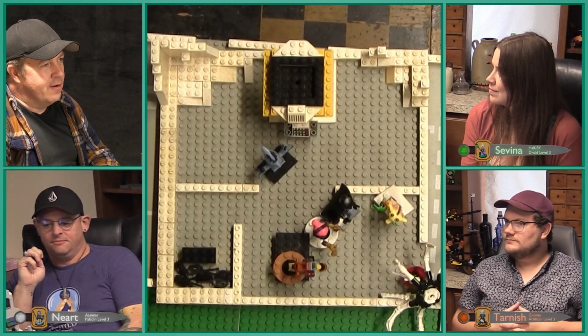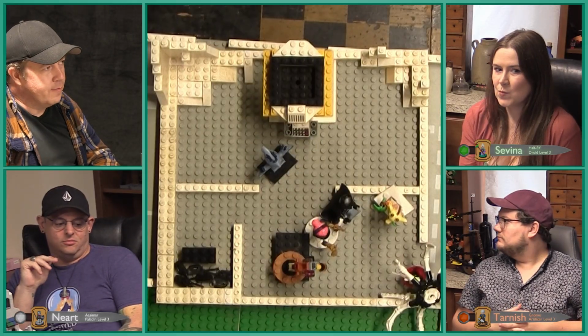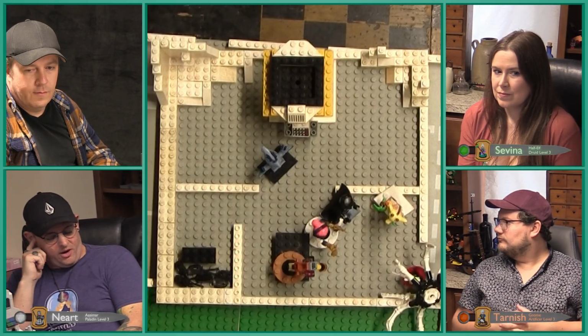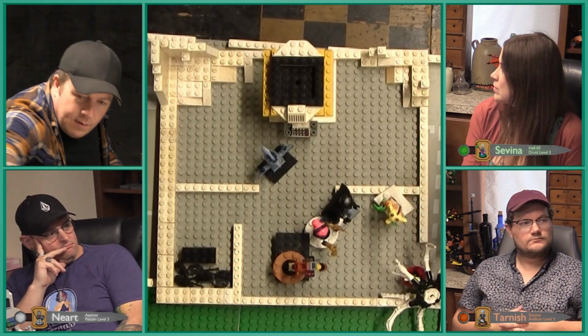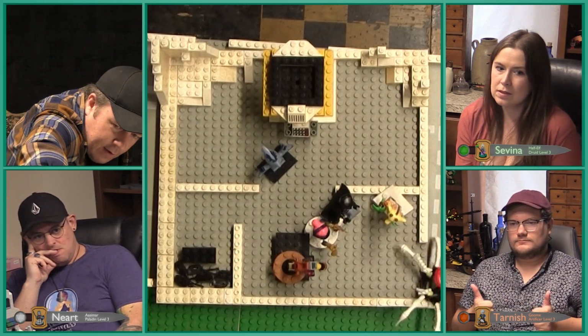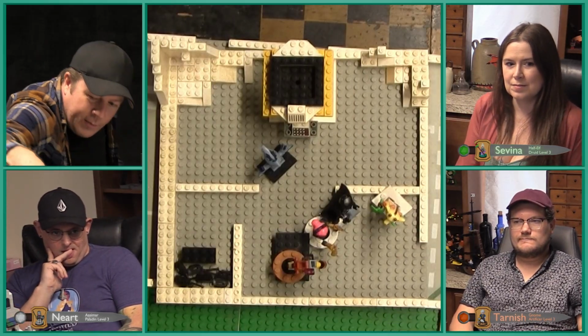Is that the end of your turn? Yeah, okay. Neart's, he doesn't have anything else he can do. But if next round the guy's still prone, then he'll help you tie him up. Yeah, I'll hold to. So on its turn, it uses half of its movement to get back up, and then